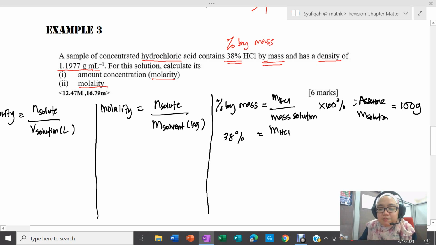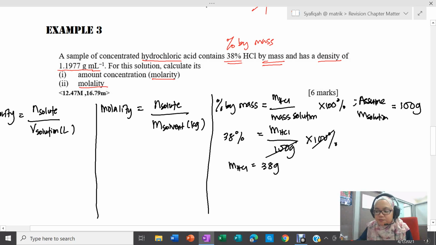Sebab kalau kita dapat mass hydrochloric acid, kita boleh cari mole of hydrochloric acid. Kenapa? Sebab hydrochloric acid is a solute here, right? So, kita assume tadi kan? Assume mass solution 100 gram. So, 100 gram times dengan 100%. So, potong-potong. So, kita akan dapat mass of HCl is 38